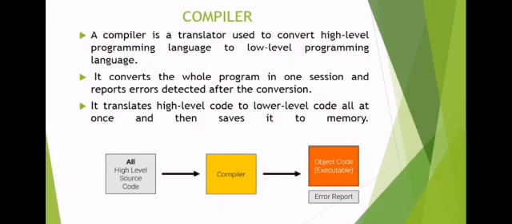It translates high-level code to low-level code all at once and then saves it to a memory. See the figure. All high-level source code means a program written in high-level language. Compiler is a program that will convert this source code into object code. Object code will be in the binary form which will be